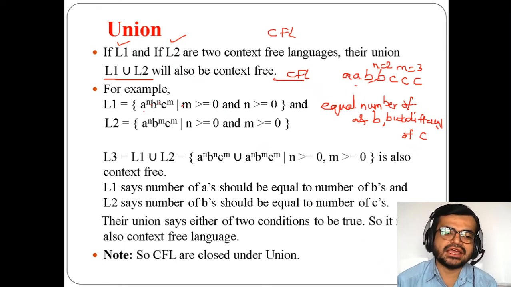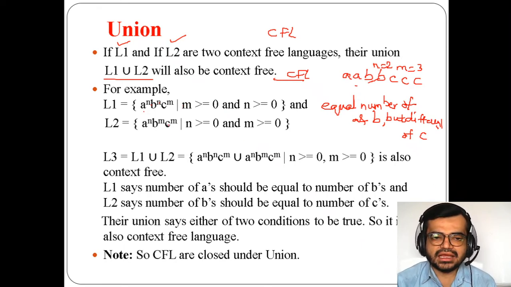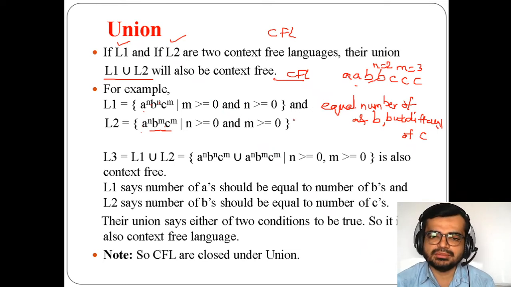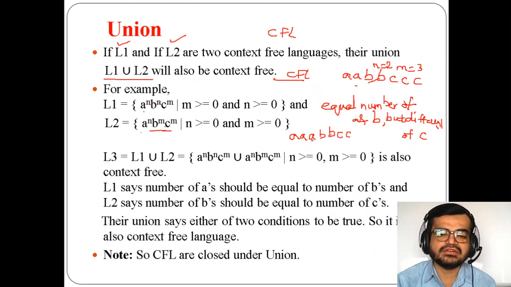Now what does this context free language L2 indicate? Here I have an equal number of b's and an equal number of c's, but I don't have an equal number of a's over here. So how can this expression be? Something like a a, b b, c c. I have equal numbers of b's and c's, but not an equal number of a's. So the set of strings that follow this pattern are part of the language L2.